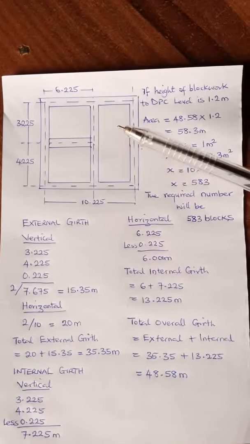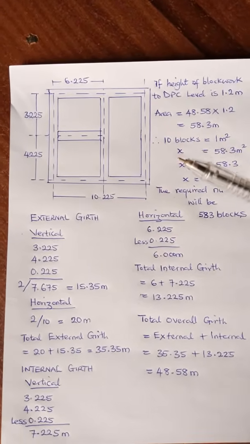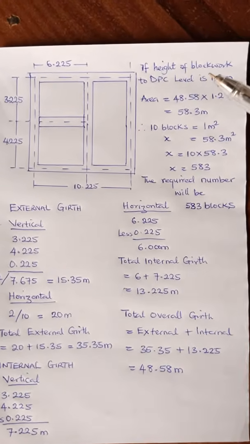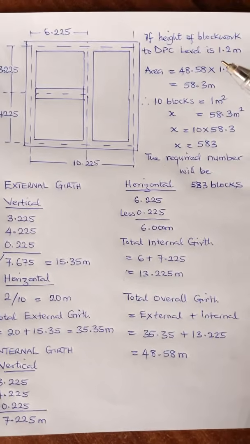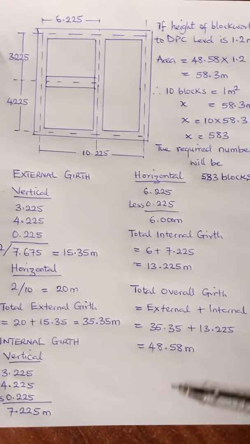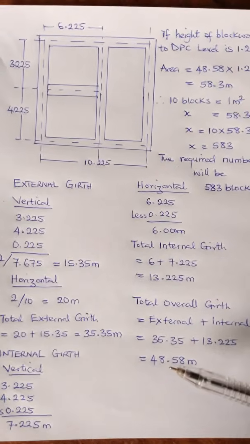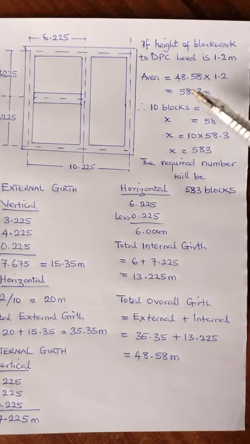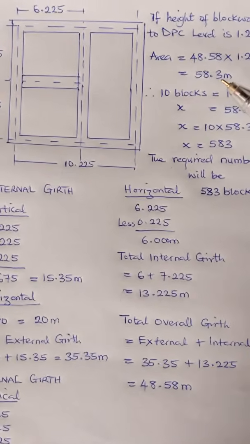Okay, so in this context now, let's assume this is a substructural block wall. Okay, and substructural block wall, there are no openings, so it's an entire walling unit. So we are looking at if height of block wall to DPC level is 1.2 meters. Okay, so we have the area. Now remember, this is the length of this entire partition, which is 8.58. So we multiply it by the height, which is 1.2. So when we do that, we have